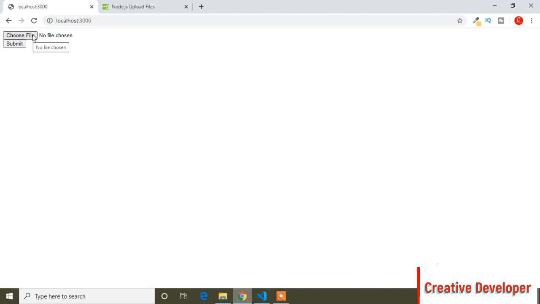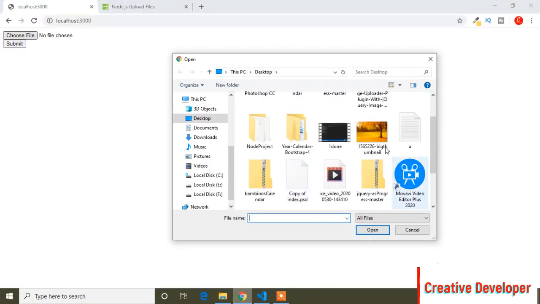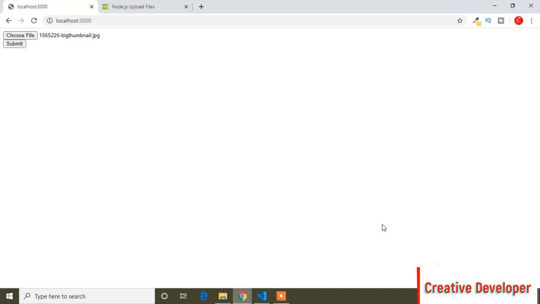Here you can see the upload file button and submit button, because I created a form with an upload file button and a submit button. So I will choose an image, choose this image, and click the submit button.